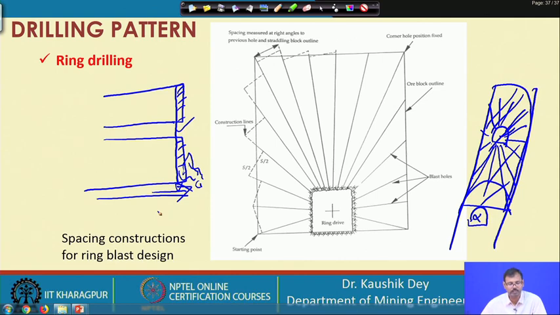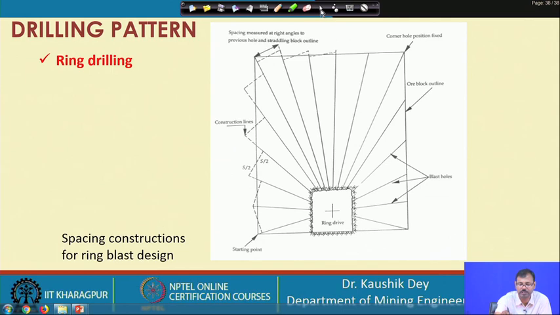So, ring drilling is a special type of drilling carried out in the underground, but it is not a cut drilling. This ring drilling is carried out as excavation drilling, where there is already an existing free face. This free face is already available in the front direction. In that case, ring drilling is basically practiced. So, one free face is at this side, another free face is at this side. So, all the holes basically have free faces, and the production rate achieved by ring drilling is very high.